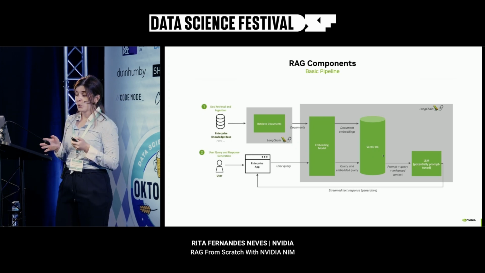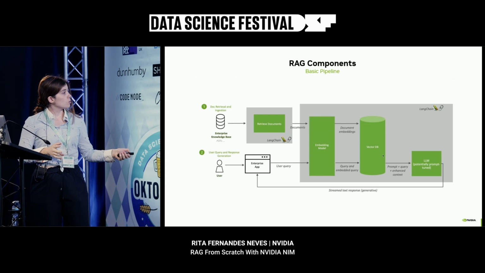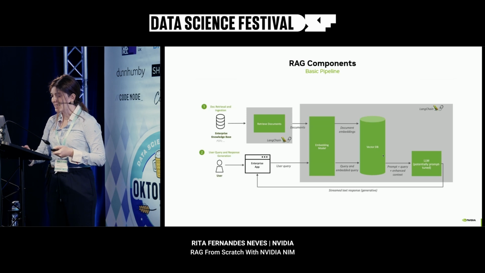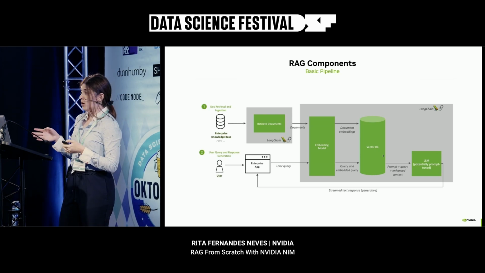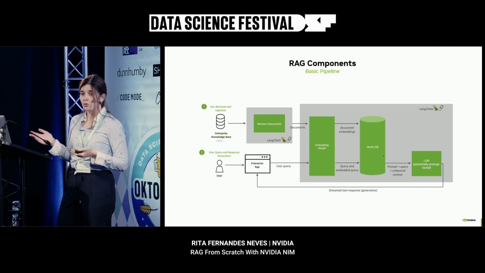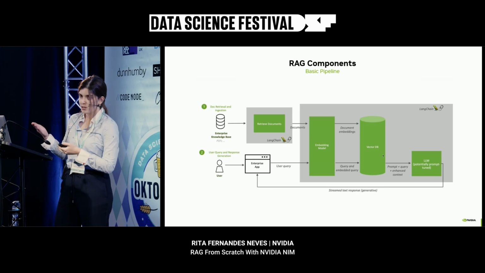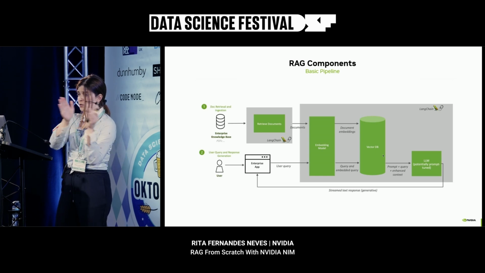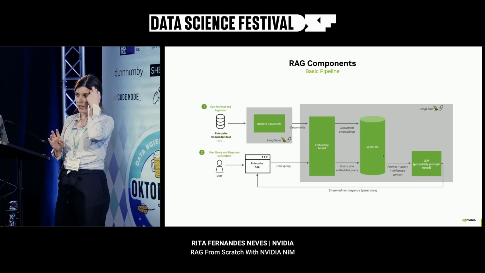The next step is to get all those common language documents into an embedding model, which again I cannot point to, but the embedding model is going to convert that text data into numbers, which is a very simple thing that you need to do to encode the data into a format that can be well interpreted for a vector database. So essentially you just convert text into numbers, that's fine.